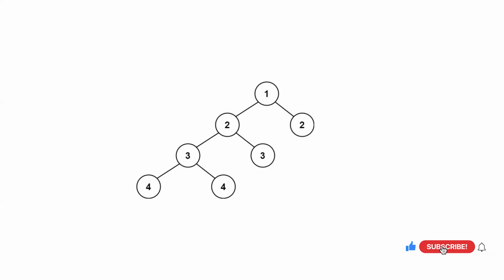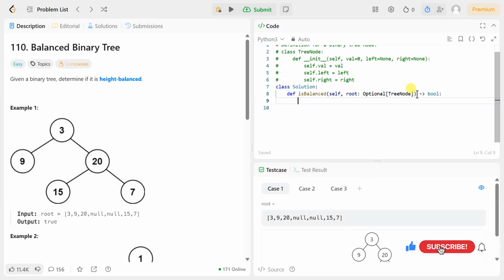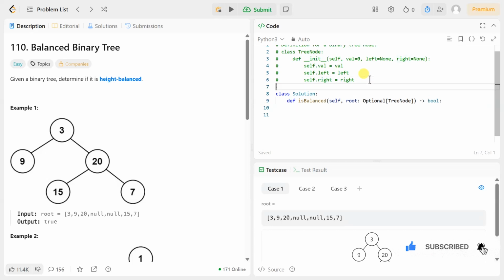So we will start from the brute force approach and we will find out the problem with it. So let's start with the brute force approach. We will write a function to calculate the height of each subtree and check if their difference is greater than 1. So to solve this problem using the brute force algorithm, we will first import from typing